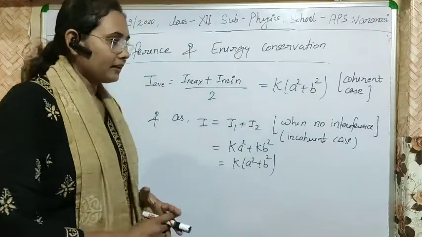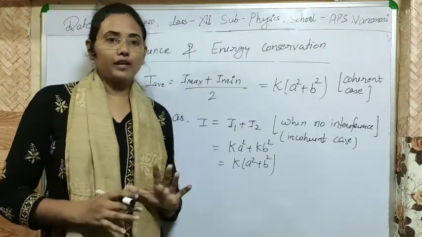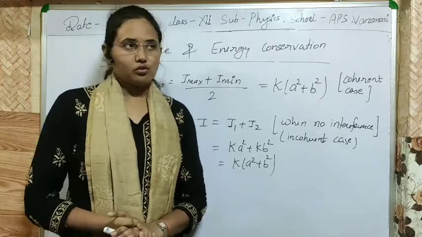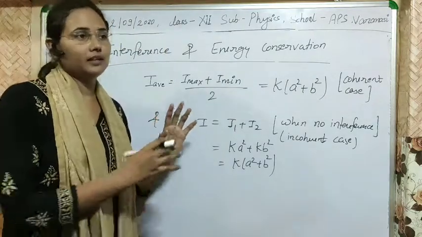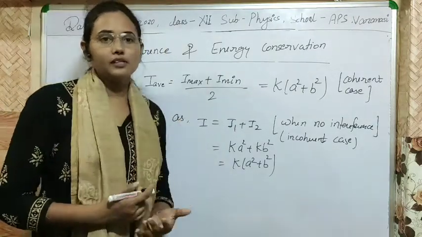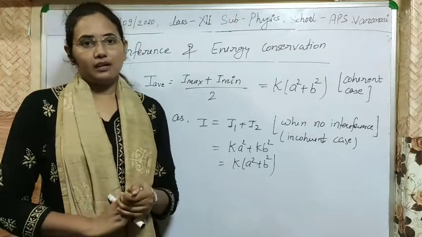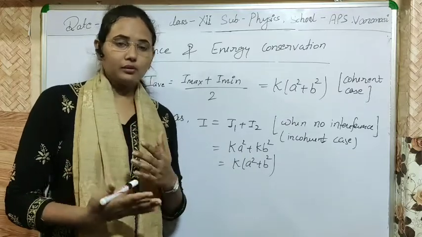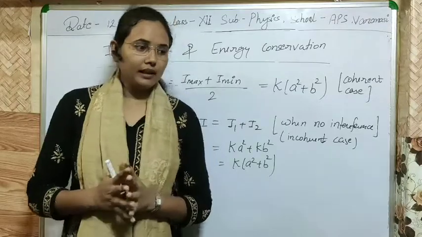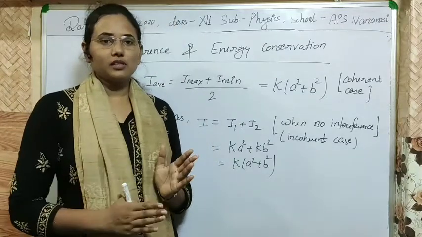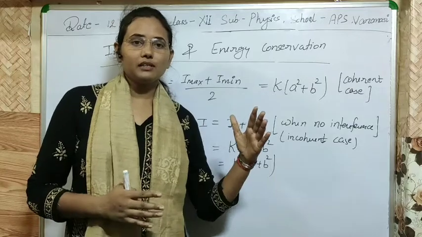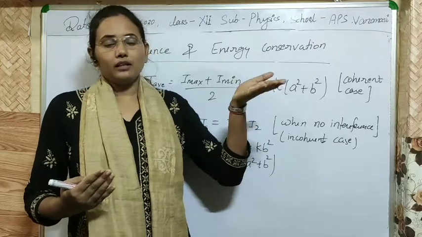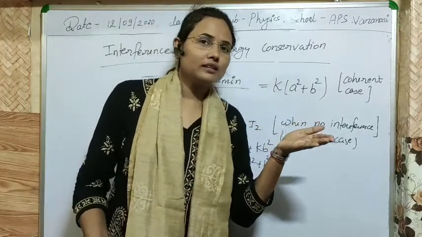As we know, the law of conservation of energy holds for every point in the universe, which means the energy of the universe is constant. So if the energy is constant, then definitely there is a redistribution of light, there is interference of light. Then after interference, is the intensity or energy really going to be reduced or increased or not? Like I'm saying, in the interference process, at a certain point there is maximum intensity and at a certain point there is minimum intensity. It means intensity is increasing at some places and decreasing at others. So